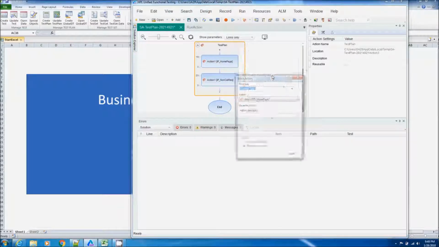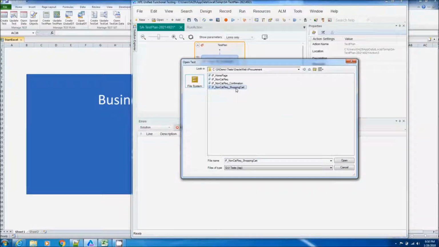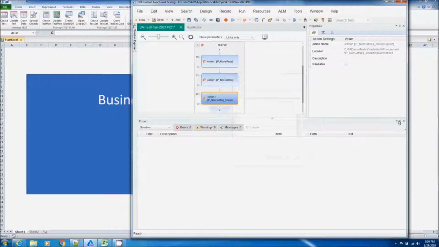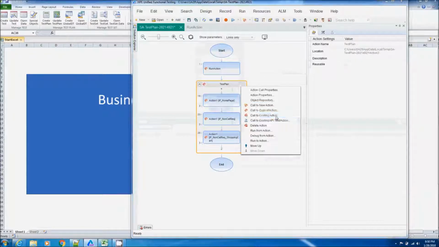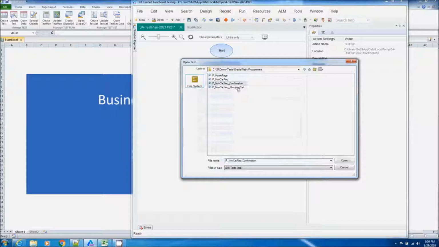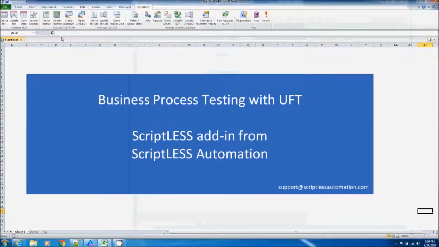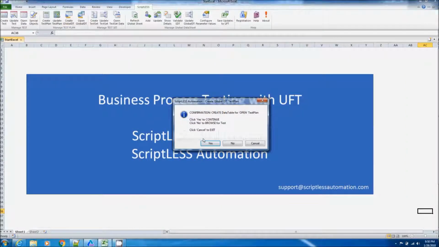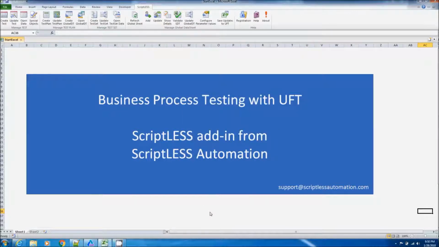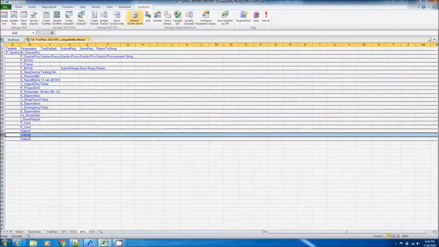A very handy thing when we're doing this is our test case with the details on all the steps. Shopping cart. Then you'll add the confirmation. Depending upon your business process, you might have a few more tests that go into this particular test plan, and that's okay. All you have to do is save. Once you save, you will be creating a GlobalDT for that particular test plan. Once we request to create a GlobalDT, we'll have a GlobalDT created for that test plan,